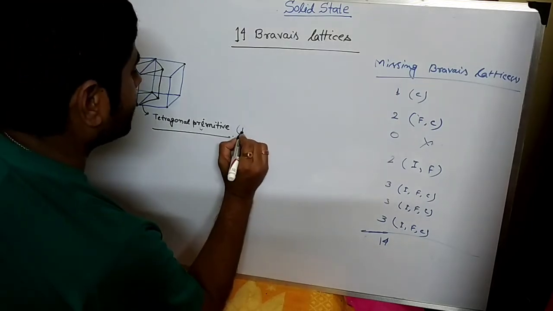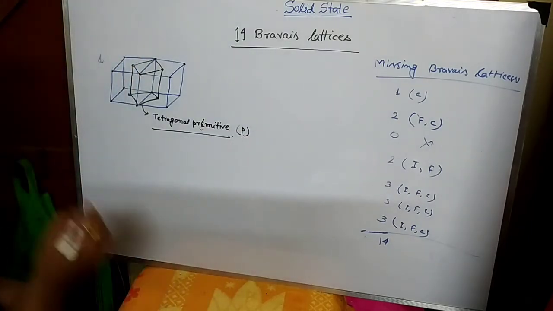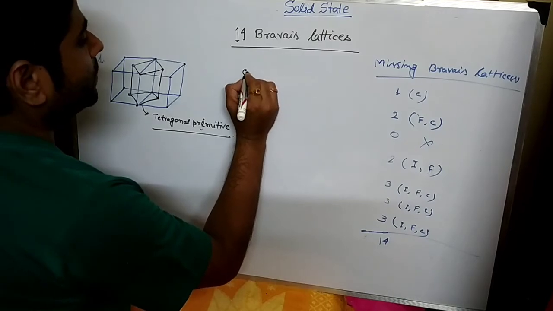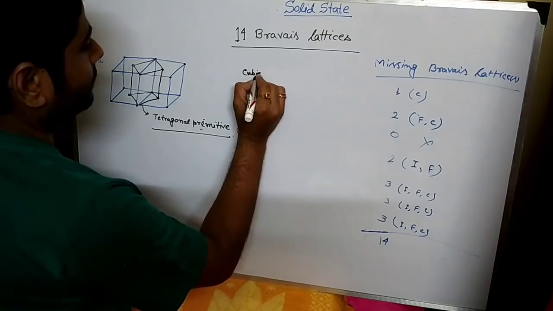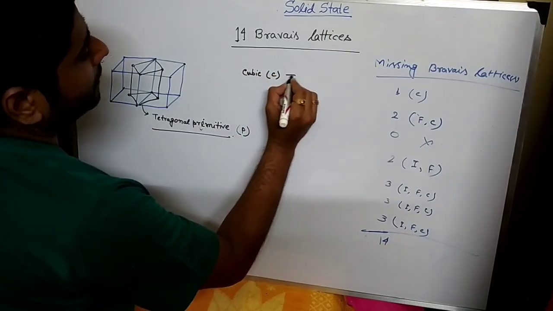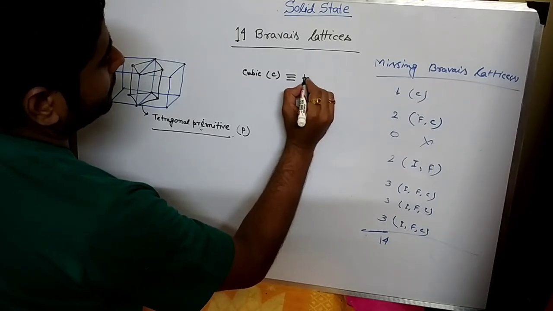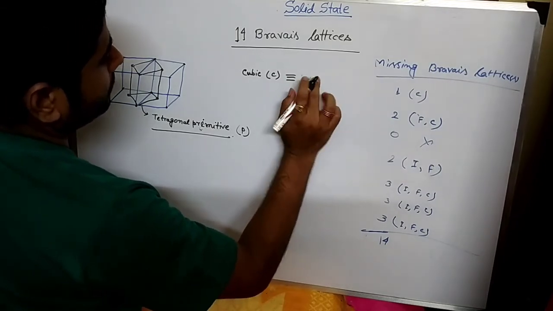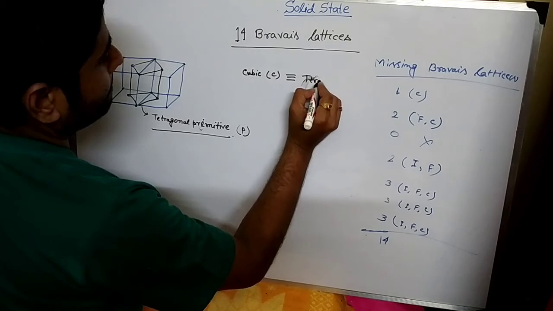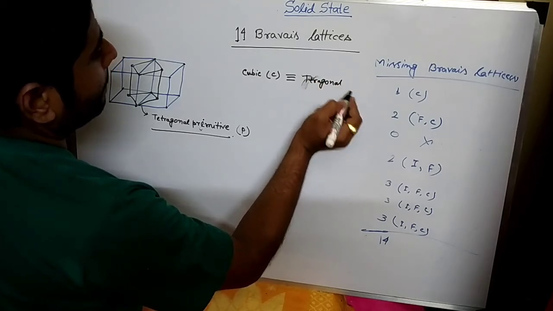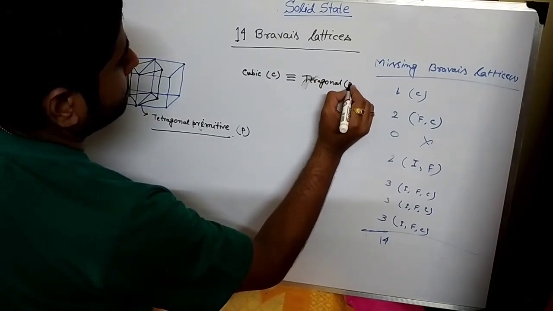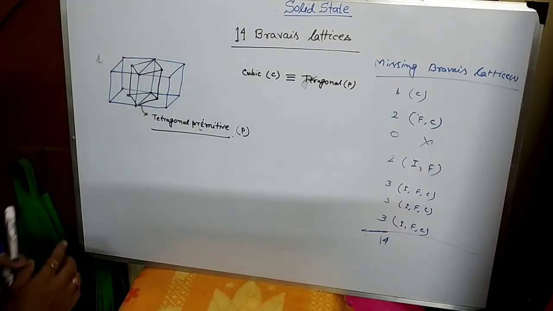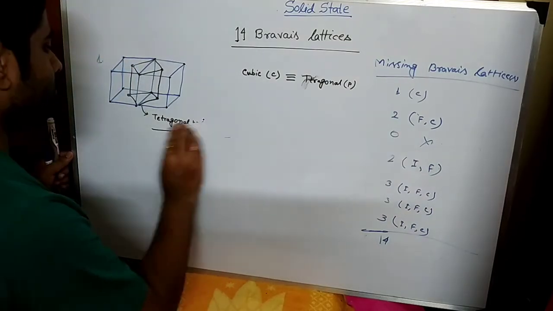That means এটা tetragonal এর P. So cubic C equivalent to tetragonal P. এবারে আমরা আরেকটা এক্সাম্পল দেখে নেব।